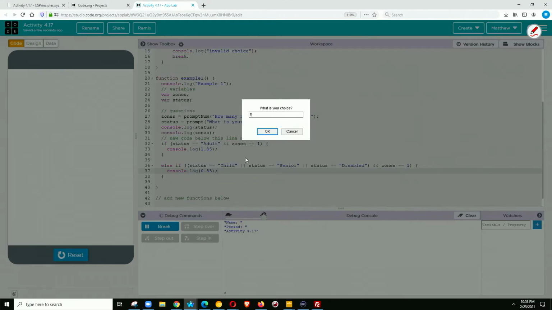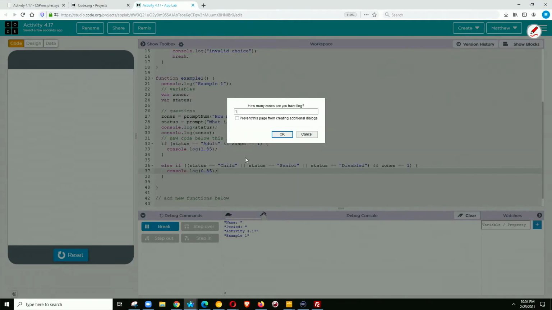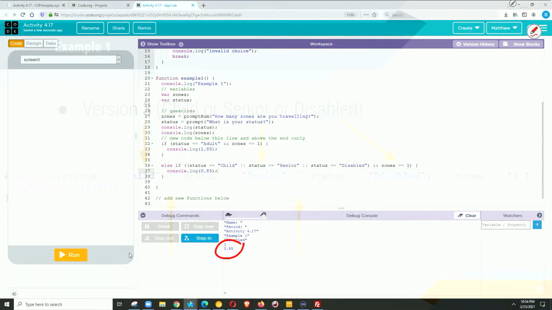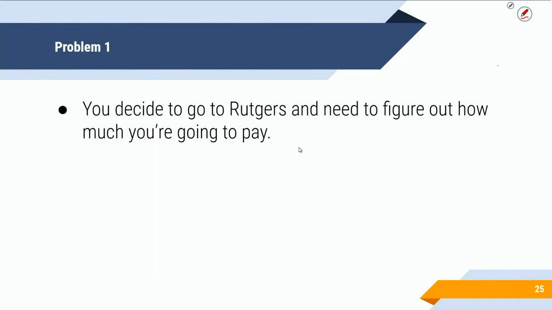Let's see what happens. We've got E1, we've got 1 zone, and we've got status disabled. And again, we get the 85 cents that we were looking for. All right, so that's it for that one. Now the next problem here is you decide to go to Rutgers and need to figure out